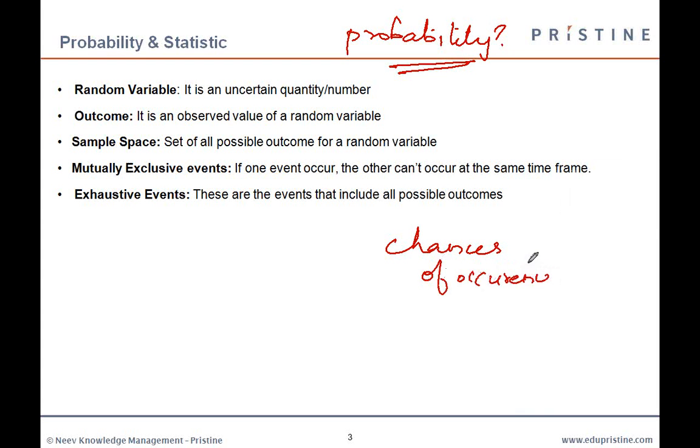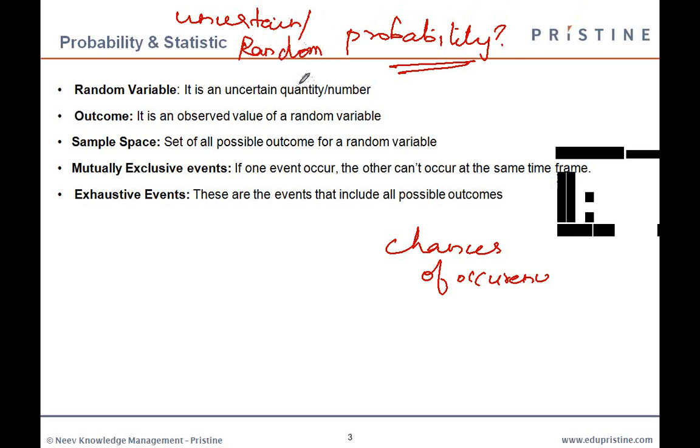First thing that you need to know is probability only applies for uncertain events or random events. Mathematically we call these events random events. What do you mean by that? Whether you pass the exam or not tomorrow is an uncertain event. You may pass, you may not pass, right? Similarly, whether India can beat England in Tuesday's cricket match is also an uncertain event. It can happen, it cannot happen.